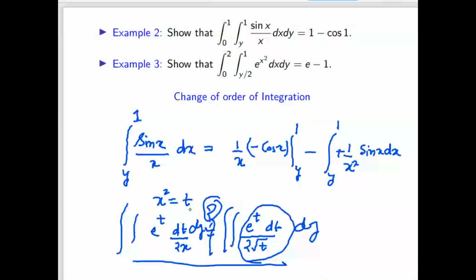Sir, for that first question you have used integration by parts now. Then that last term should be integration of 1 by x square cos x dx, no? Yes. We have written sin x. Yeah, it is cos x. So again the same problem: here cos x by x square you have to do.